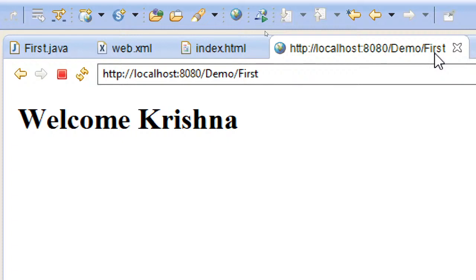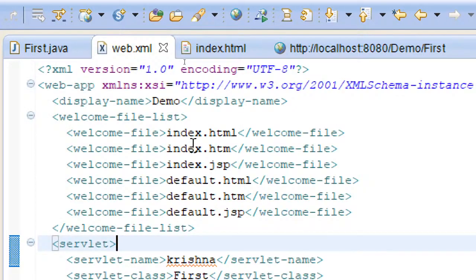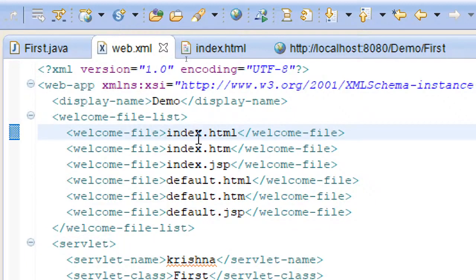Then normal HTML, CSS, images, and JSPs you create under WebContent by right-clicking on the project name and going for new HTML or JSP or anything. By default, as I have shown you, web.xml looks for the index.html file, which will be the starting point of page loading when running the web project.